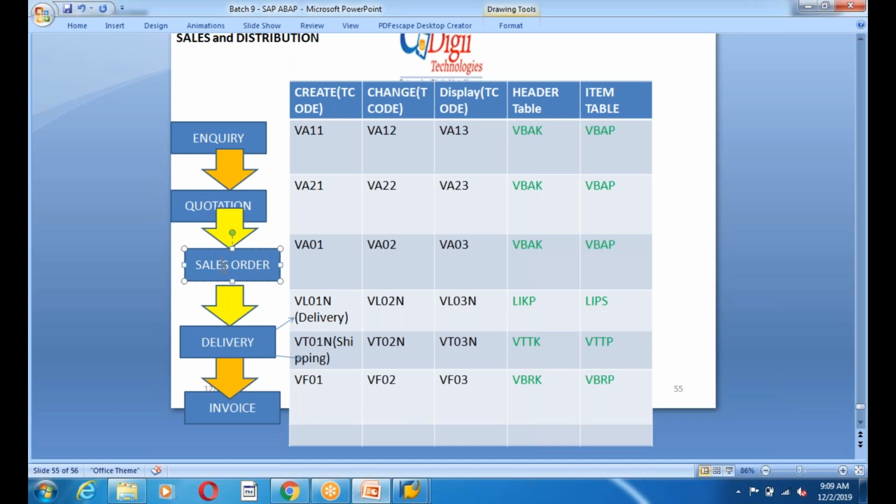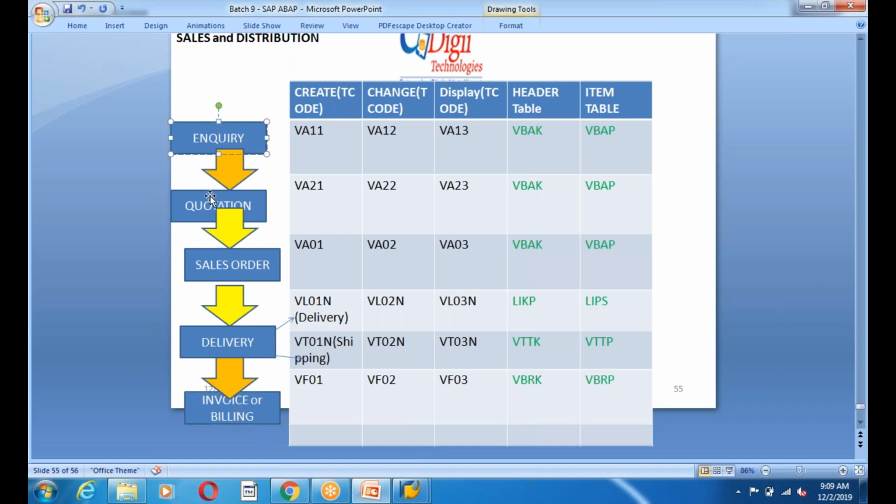At that time the sales order will be created, and based on the order you are going to receive the product. Anyway, if you want to receive the product, you need to pay the money. So that we call an invoice or billing, guys. We can call both; both are the same. Invoice or billing.